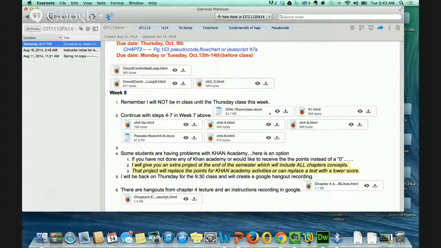Then we did number, HTML for number 1. I'm not sure which number 1 that was. Was it one of those exercises? Then I did chapter 4, number 3, because 2 was assigned. We can go over 2 if you want to, but if you understand 3, then you should have understood 2, because it's just a modification. Then number 4, 5, then I did the pseudocode and flowchart we did in class for number 6,